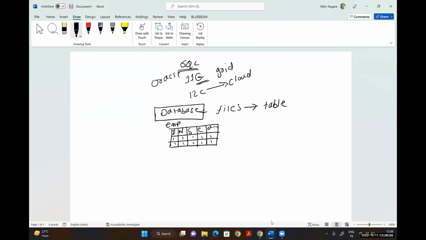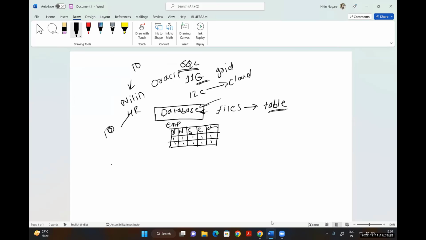So Oracle is a relational database system. What is Oracle? Oracle is a relational database. Why did I say relational? Because in a database we don't store only a single table; there can be multiple tables. Suppose in this database there are different users. HR is one user, and there might be Nitin, another user. Nitin has created 10 tables in his schema, in his space. Again, HR has created 10 tables.